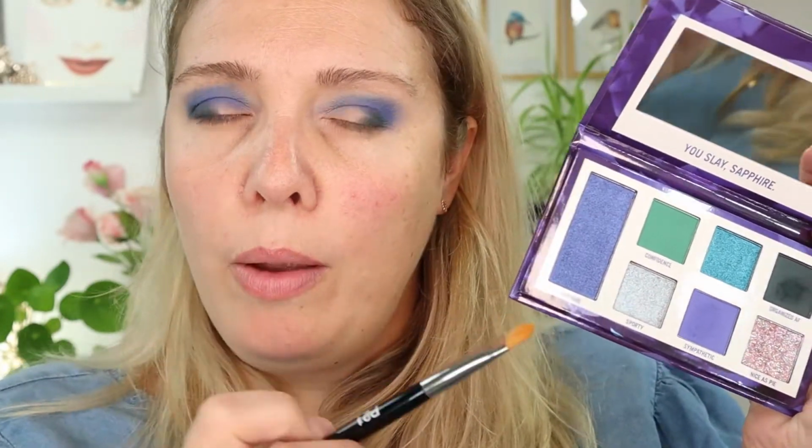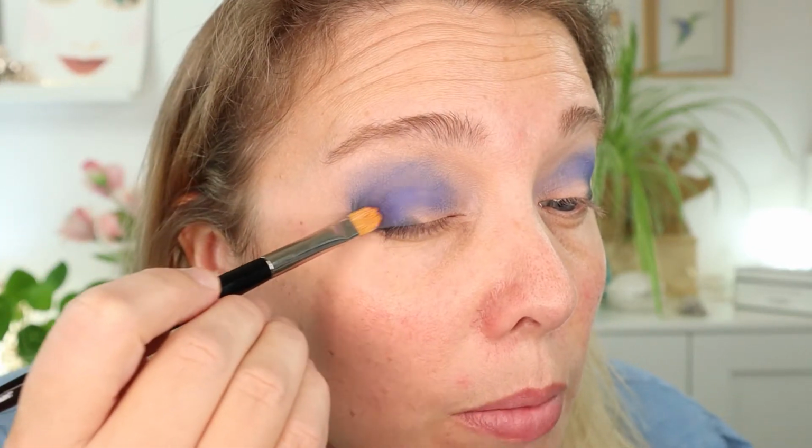I'm going to take my Refer 21 brush. This is the prototype one. And I'm going to go into that shade Sapphire. It's the biggest shade in this palette, and I'm really curious. I think I'm going to concentrate it on the outer corner. I'm just going to use it now without spraying it. On my brush it doesn't seem like there's a lot happening, and